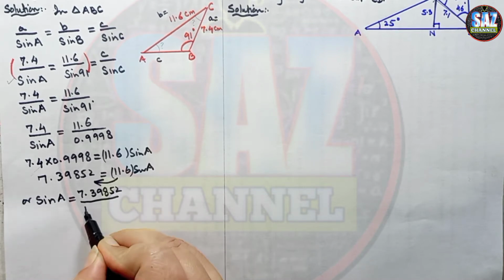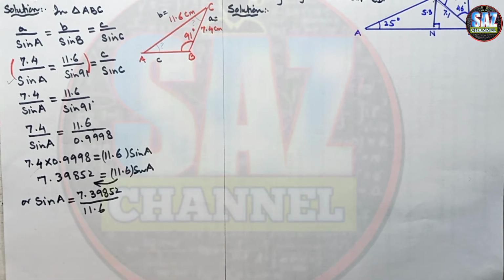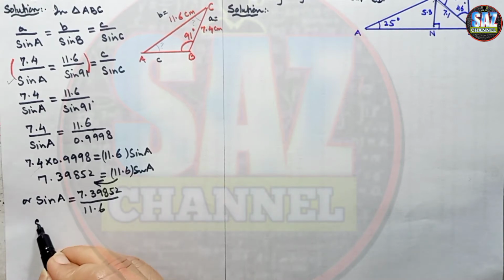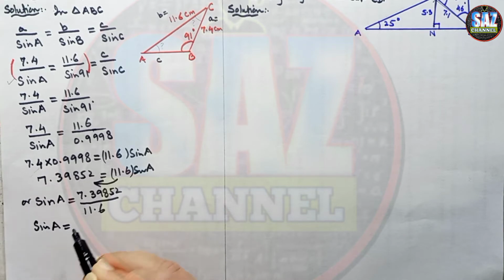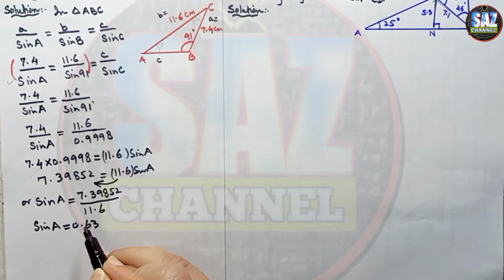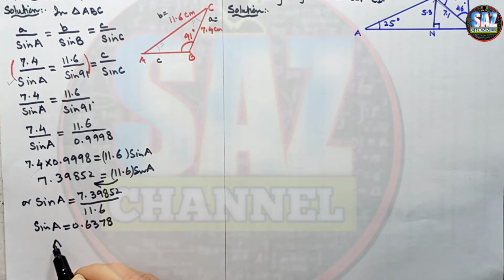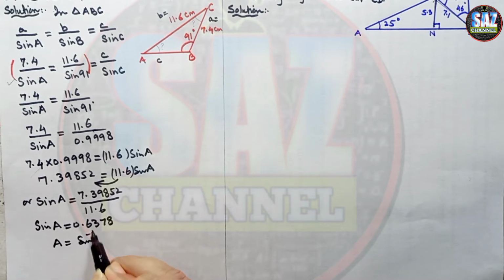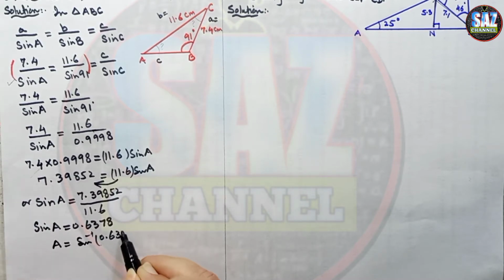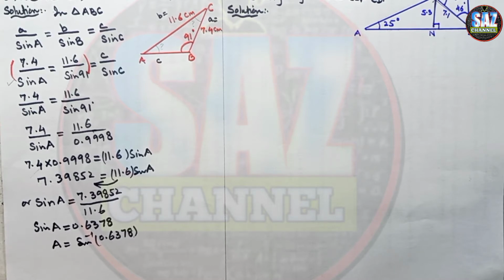I can write my equation in this way: 7.39852 upon 11.6. 7.39852 divided by 11.6, and this gives me sine of A equals 0.6378, and A equals sine inverse of 0.6378. Now I have to press the shift key, then the sine key, and display will have sine inverse, and then I have to write the value 0.6378, and this gives me angle A equals